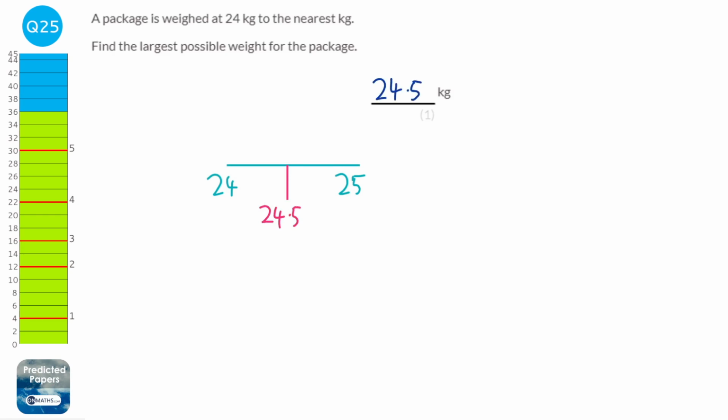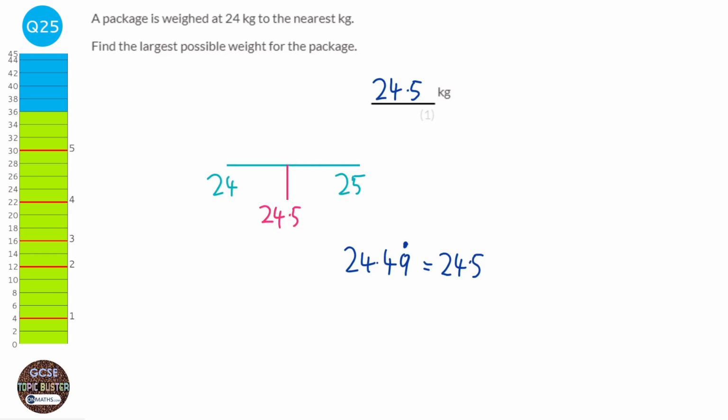Now, some of you who are astute might realise that 24.5 would round to 25, but theoretically the biggest it can be is going to be 24.49 recurring. Let's just draw that a bit better, 24.49 recurring. And that is actually the same as 24.5. In your exam, however, you can write 24.49 recurring and you would get full marks, but for brevity, I would